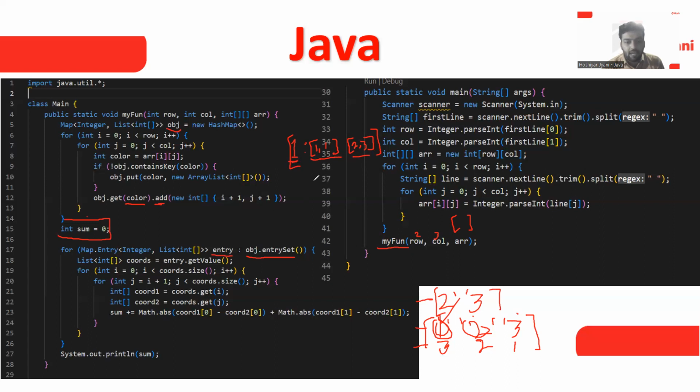This is the type of list, and the list is containing this integer type array, like first array, second array. So we are storing in this list codes. After that, we are getting this type of list, like 1 1, and second is 2 comma 3. Okay. We are getting this type of result in the codes.